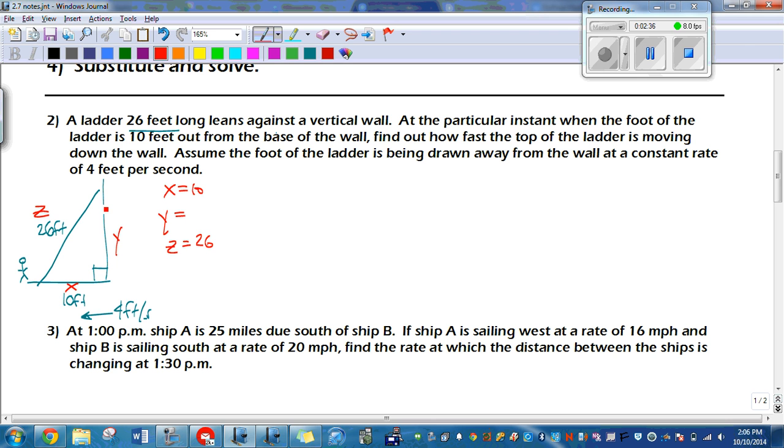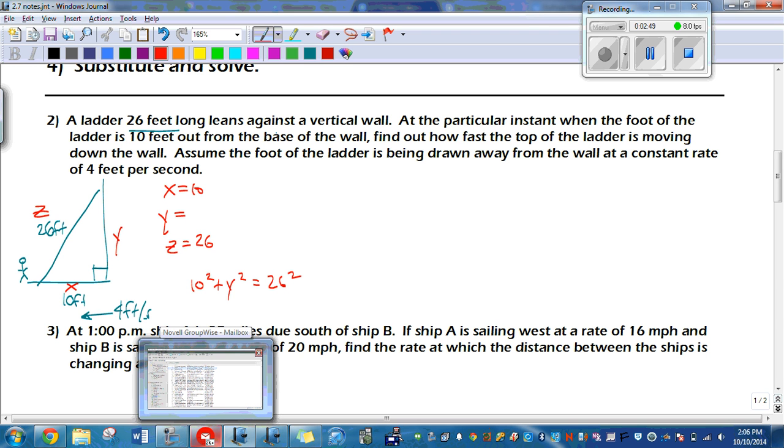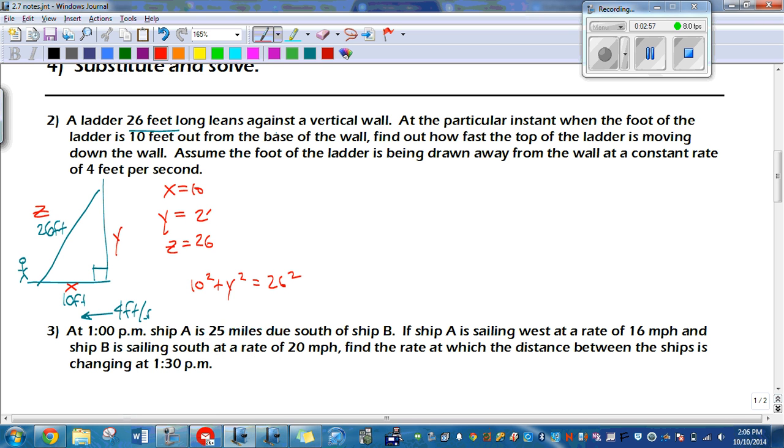Since this is a right triangle, we can use the Pythagorean theorem. Right? 10 squared plus Y squared has to equal 26 squared. Or if you know your Pythagorean triples, you might be able to figure that one out without doing this. But if you solve that equation, you should get Y equals 24. This is a 5, 12, 13 triangle. So we have our 3 sides,